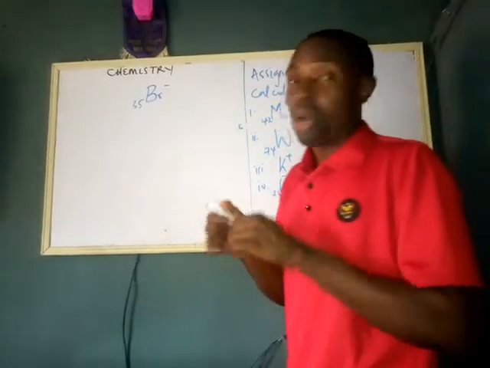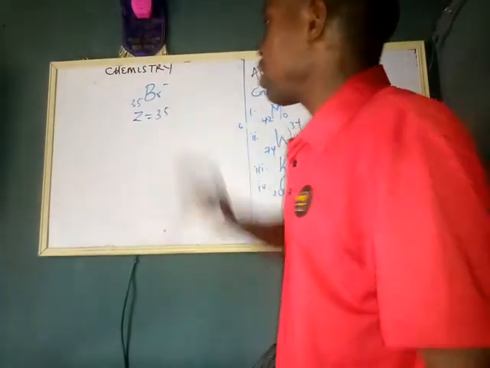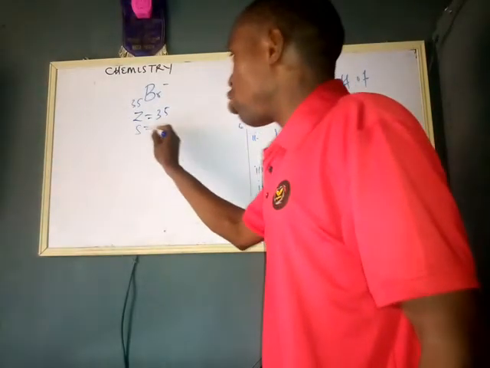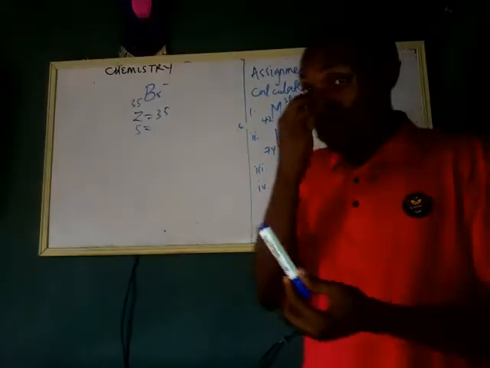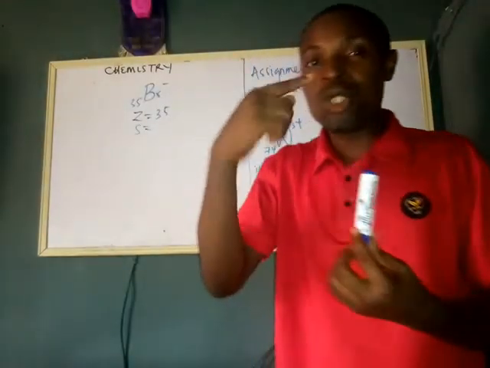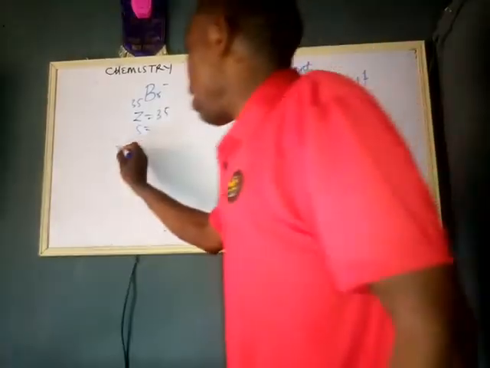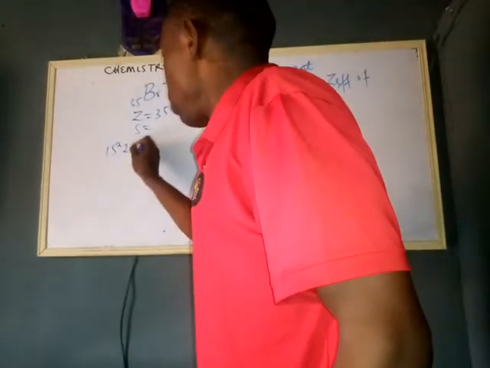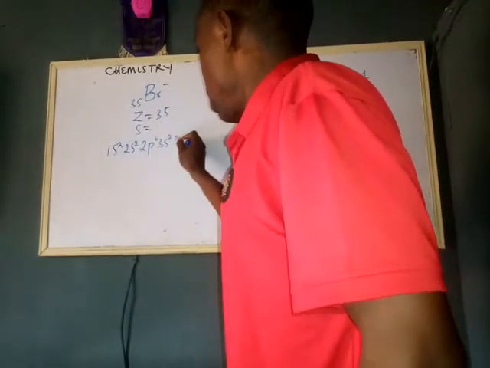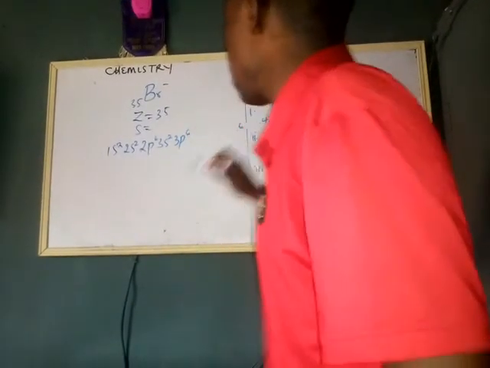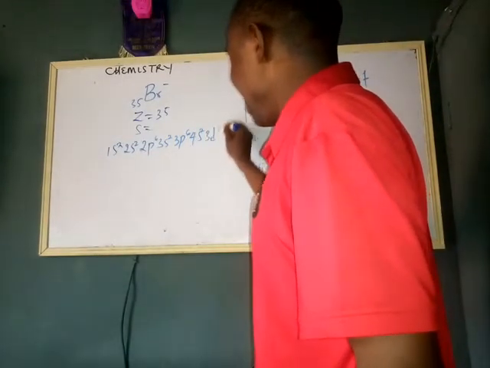Now the next species we're going to be working on is bromide ion. Now for bromide ion, you are aware that Z here is the atomic number 35. Now then, to get the number of core electrons, we first of all write the electronic configuration of the bromide ion. Bromide ion means it's going to gain 1, so we have to write for 36 electrons. So we will now say 1s2, 2s2, 2p6, 3s2, 3p6, 4s2, 3d10,